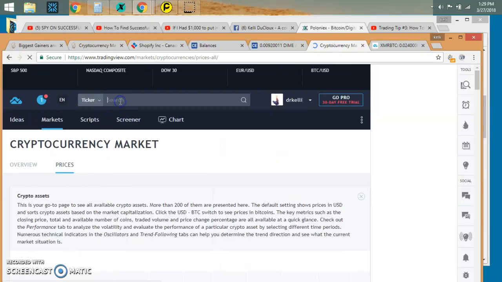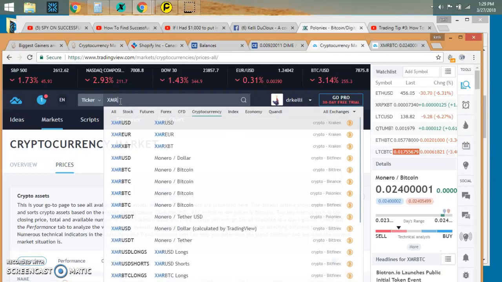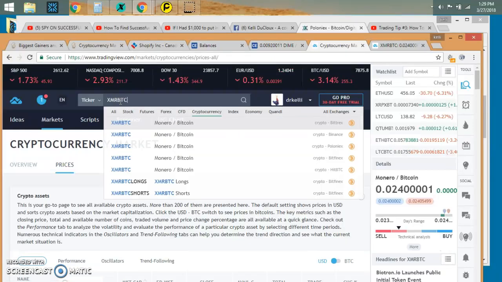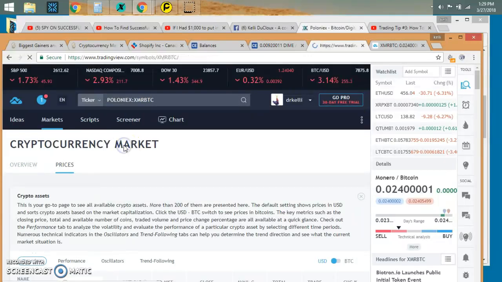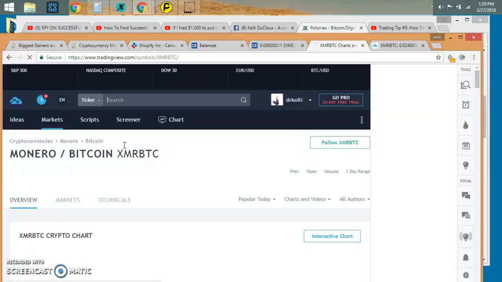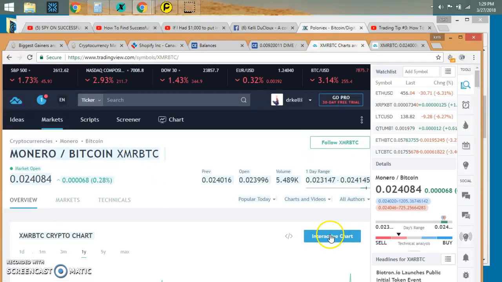and now I'm going to type in XMRBTC, so for Monero, and then I'm going to pick the one that is Poloniex, because that's where I am looking to make my trade. All right, so now once this comes up, I go here and click Interactive Chart,